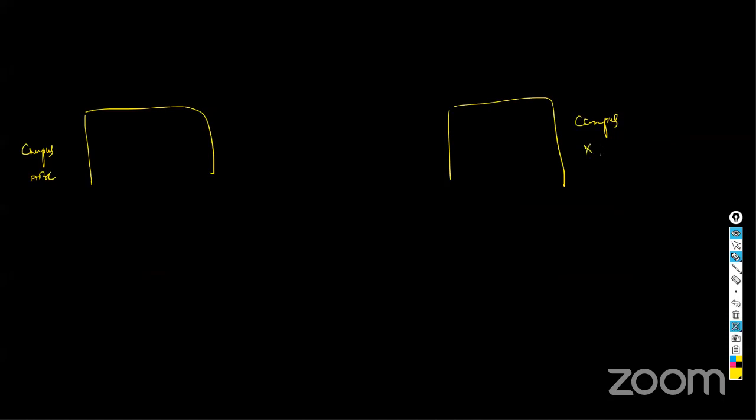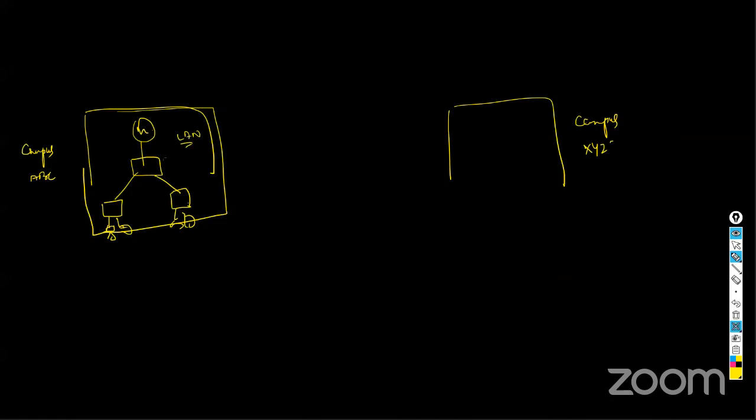So let's say I have a campus here, ABC, and I have another campus over here, let's say XYZ. So this is my campus, right? A campus consists of a three-tier architecture, or might be a two-tier architecture, right? So let's say I have a router, I have a distribution switch, I have an access layer switch, and behind the access layer switch, I have multiple users sitting across. Okay, so this is a LAN. Let's say this is a local area network.